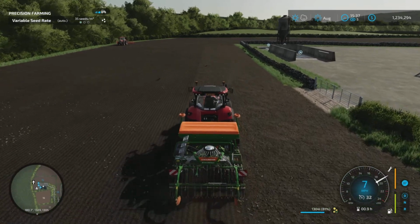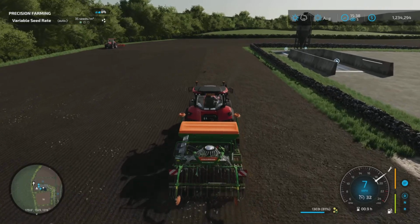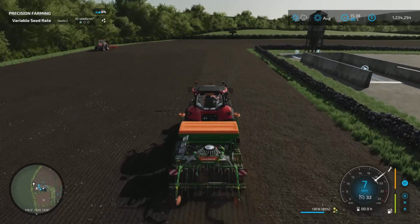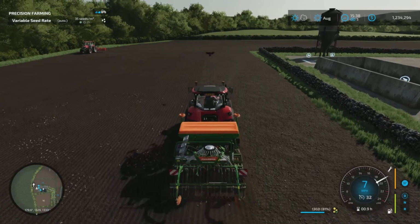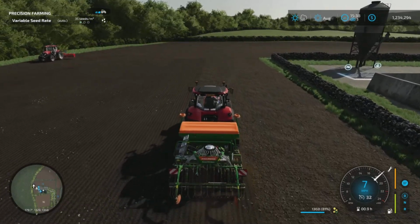We will see how it works out. This is a nice little planter. I would probably prefer one that was just a little bit bigger, but this is the small equipment we've been given, and these fields aren't terribly huge. Now, if we do end up getting that field